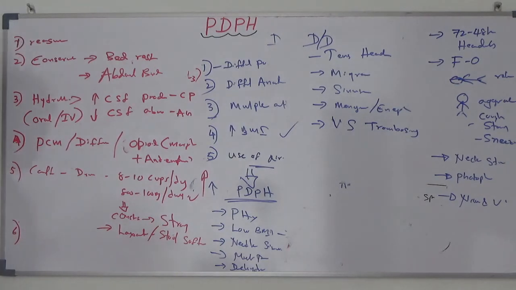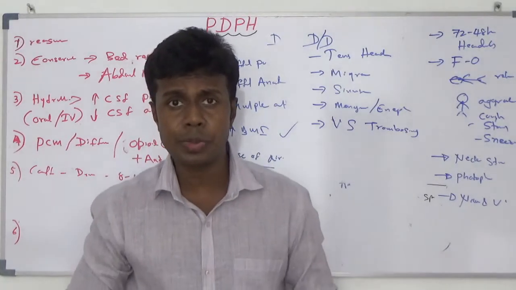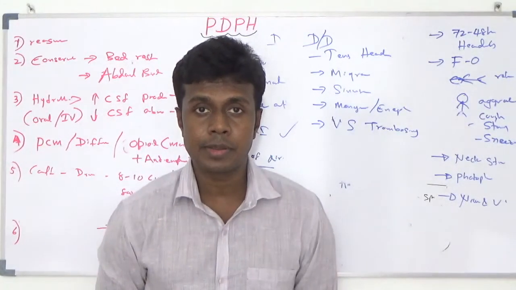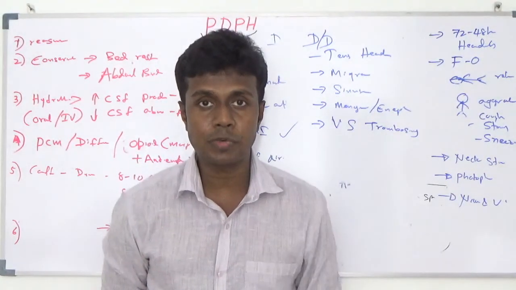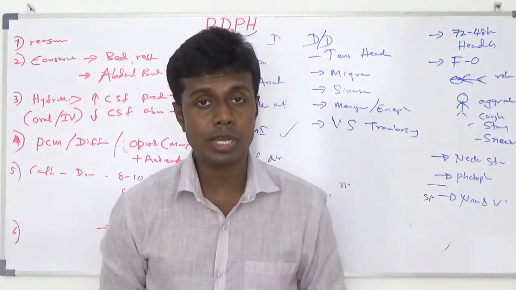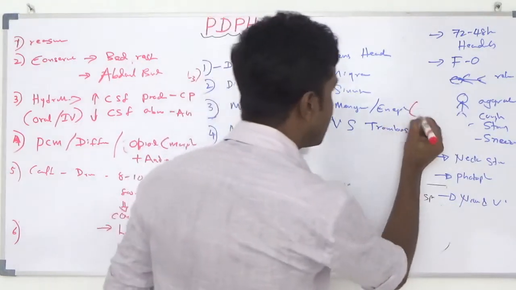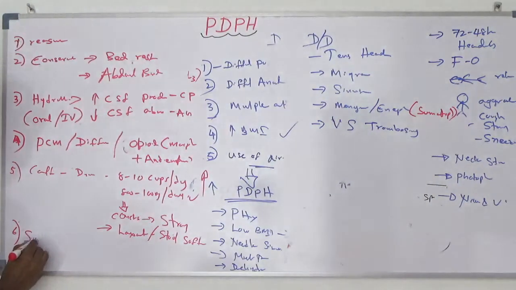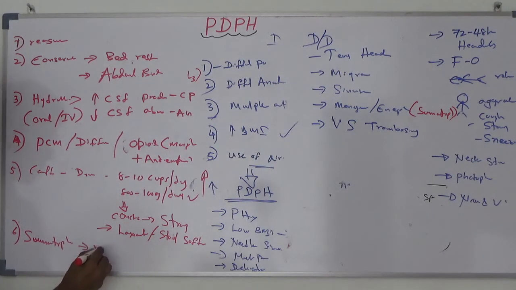Number 6. Your spinal headache has some similar features to migraine sometimes. Intense vasoconstriction followed by vasodilatation is the pathology of the migraine most of the time. Here also they can have the same picture sometimes. So the drug for migraine, sumatriptan, you can prescribe here as well. It will help to reduce the symptoms and improve the patient.